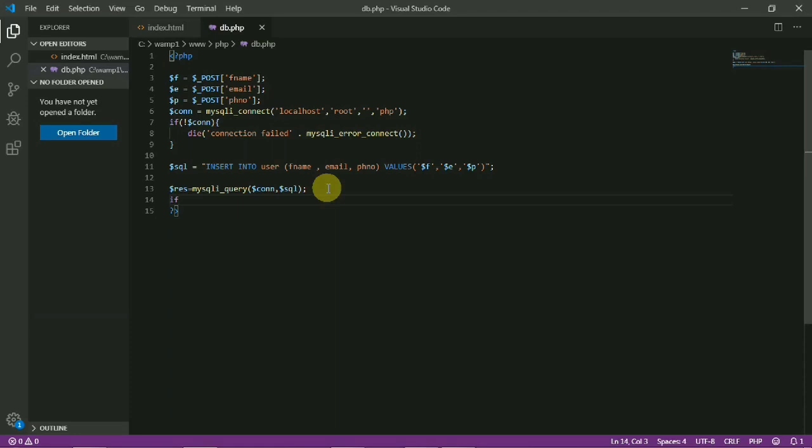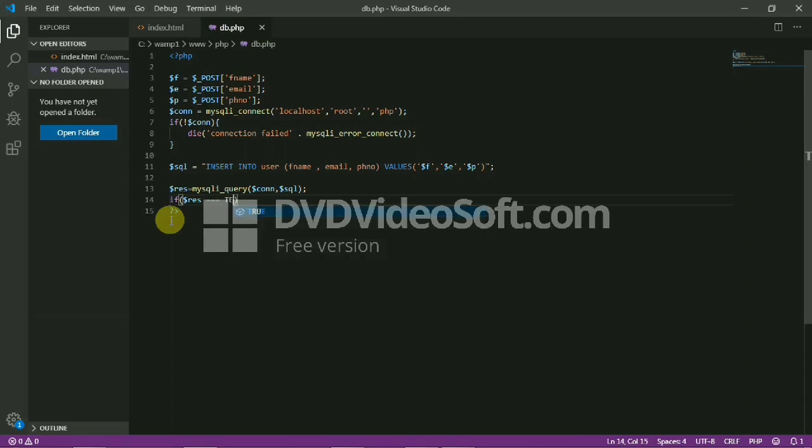If $res is equal to true, the query is executed successfully and it can send some success message.